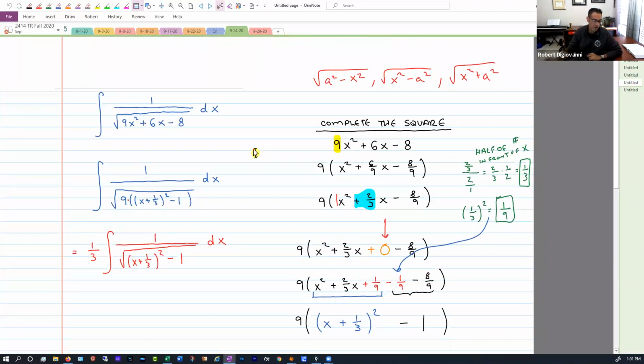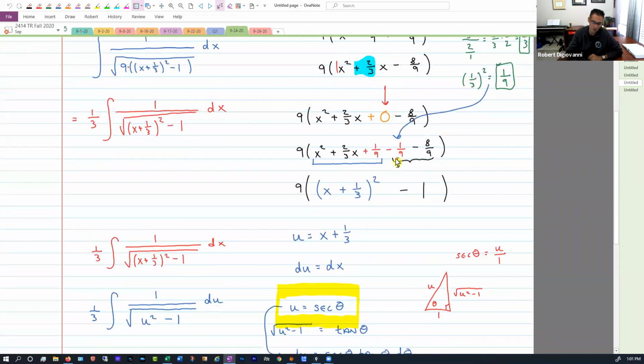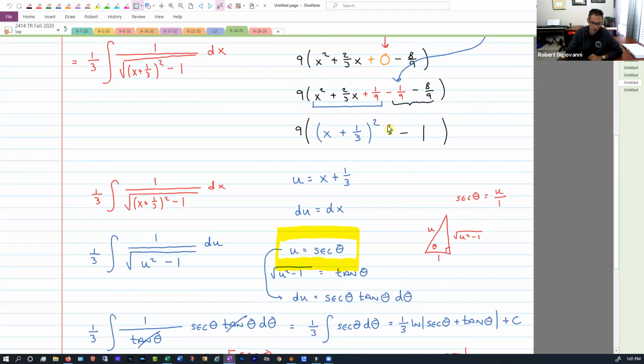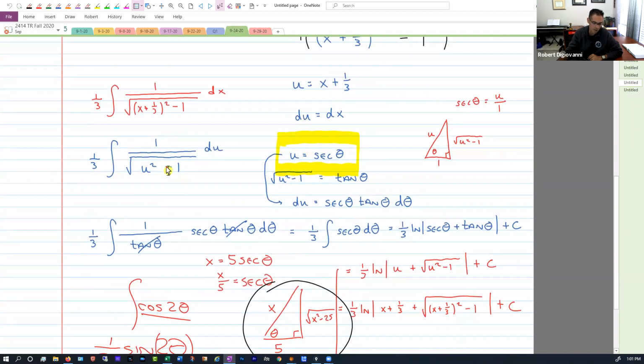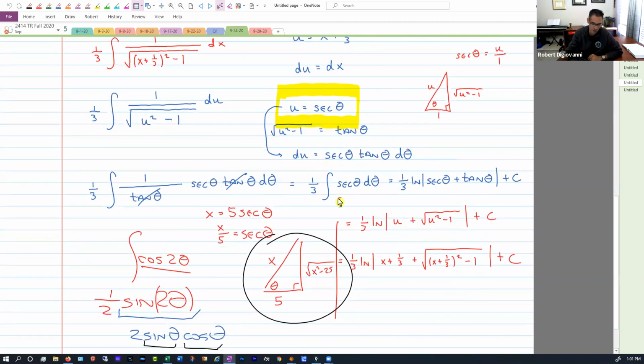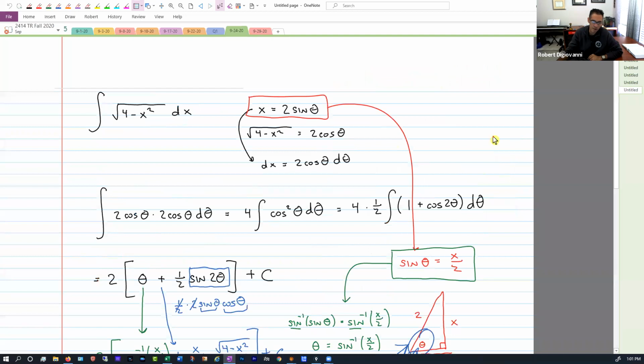So what we had here was a square root, and then we had a quadratic underneath that was not in the form that we needed in order to do a trig sub. So we had to complete the square first. And then once we got the completed square, we did a little basic U sub, finally got it to the form where we could do a trig sub, did our trig integral, and then got our answer, went back to X. So this is a very similar problem